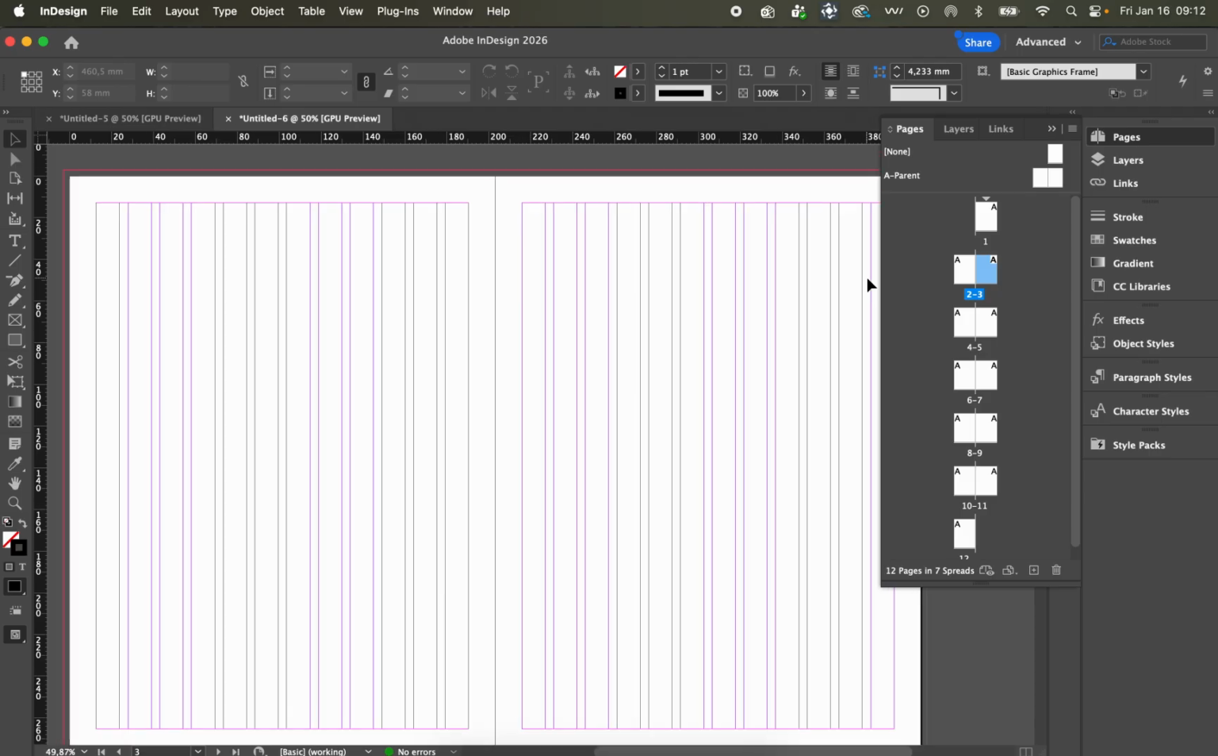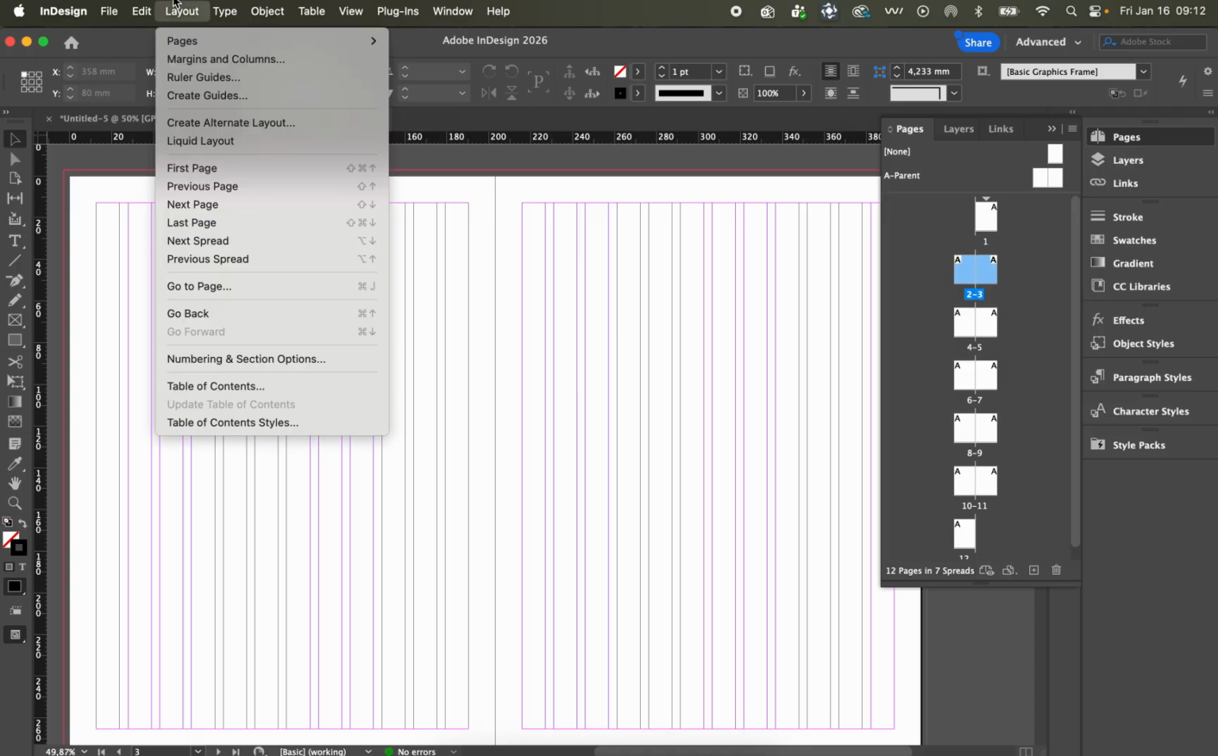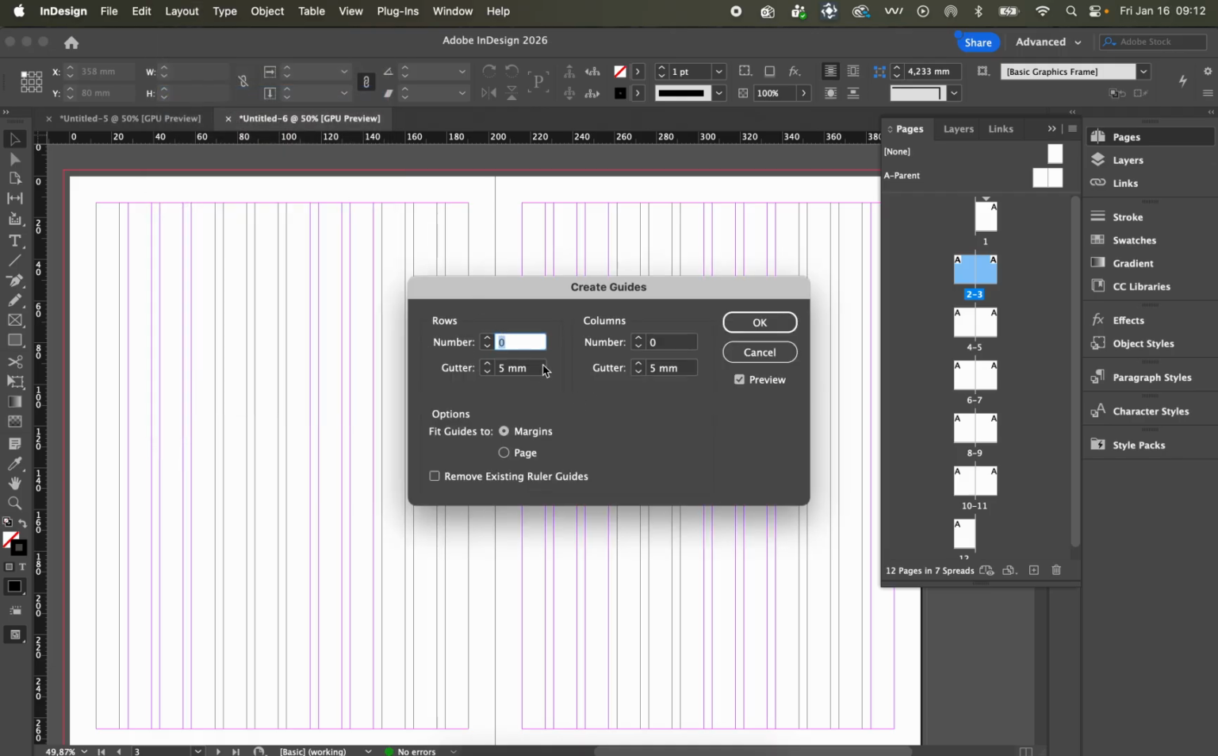Also, it could be helpful if you also add rows. Sometimes if you have multiple elements to work on in your editorial, it could be nice to know how to align them, and rows can be very helpful with that. So selecting the spread, I can come here to create guides, and as you can see, I have rows here and also the preview, and I click here and put 12, and you can see that it added